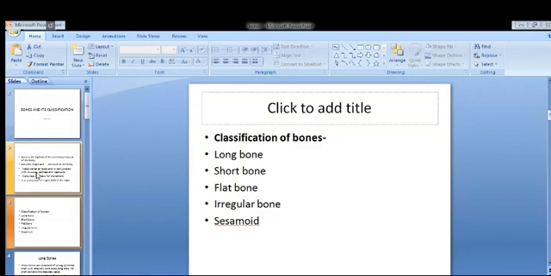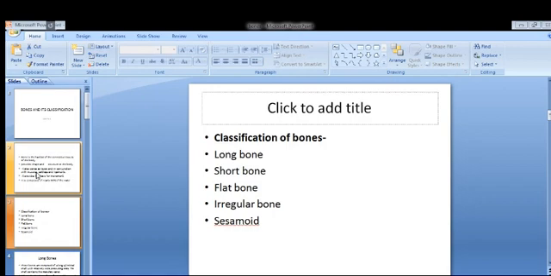So on the basis of the structure and the different types of bones which we find in our body, we classify the bones on the basis of the shape. So our body has long bones, short bones, and some bones which are flat in nature. Then there are some bones which are very irregular, so the name given is the irregular bone. And the last classification is the sesamoid bone, which is slightly different from the other four, and we shall be seeing this later.